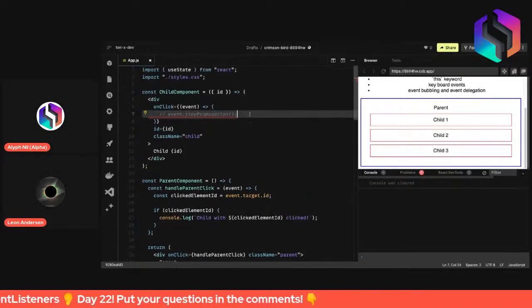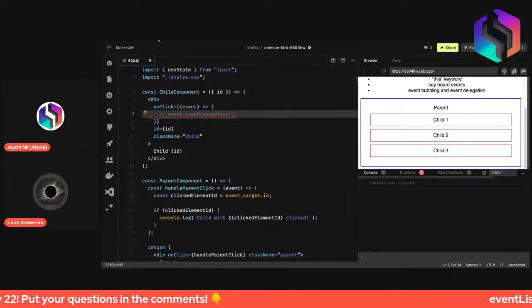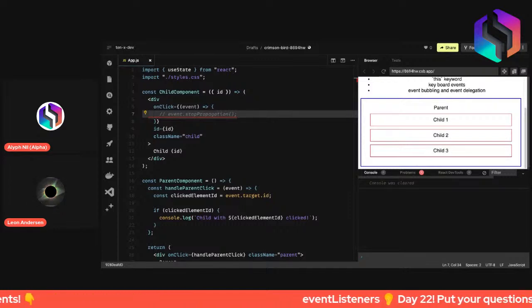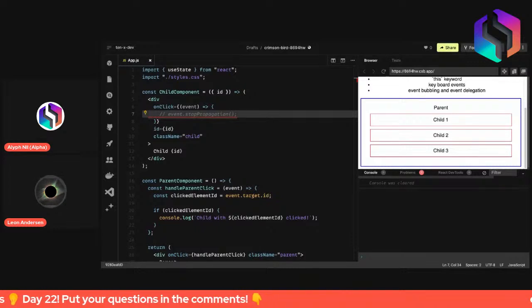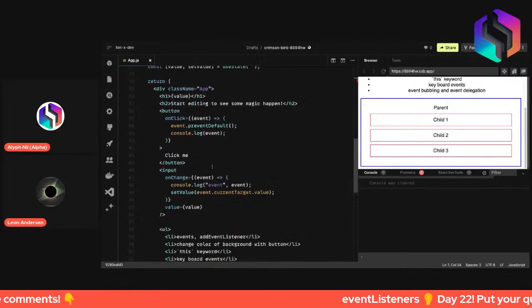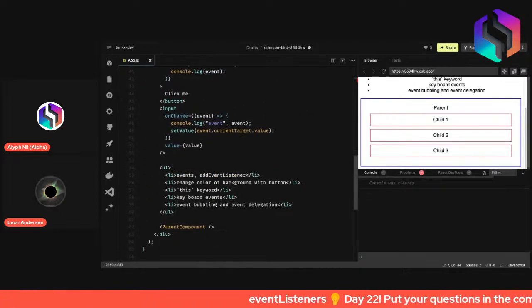Got it. And so this way you could assign an event to the child as well without conflicting with the parent. Exactly, yes. And then we also had the delegation, event delegation, which was basically that